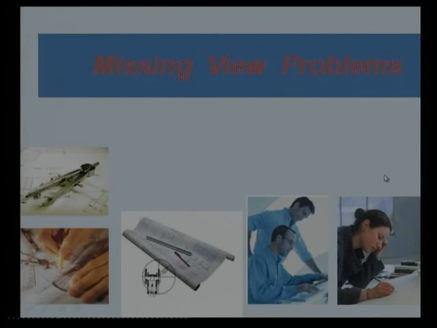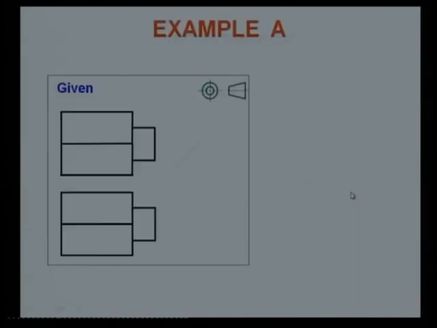Now with missing view problems, some of the problems related to missing views that we are going to discuss in this discussion. First, this is a given object, two views are given to us, and from these two views we have to draw its missing view. So for that, how do we proceed further? Draw miter line and draw projection line from its front view,